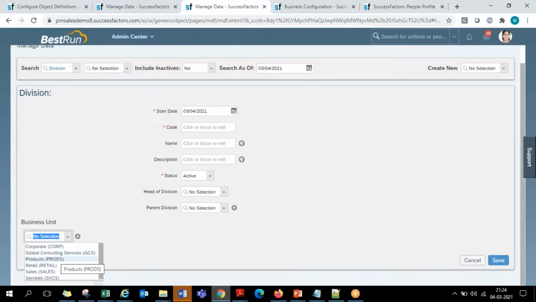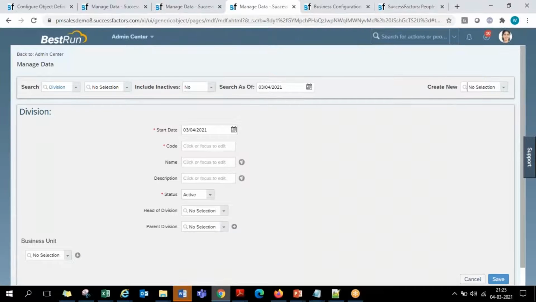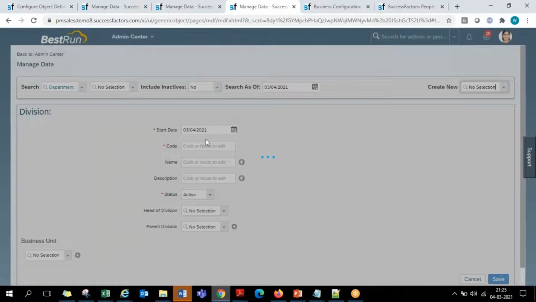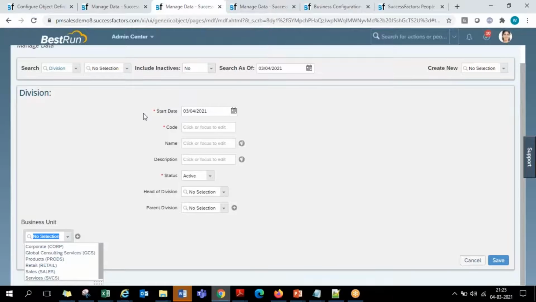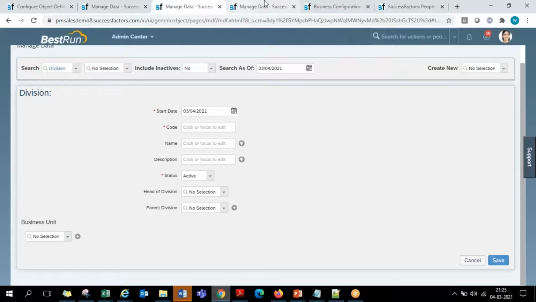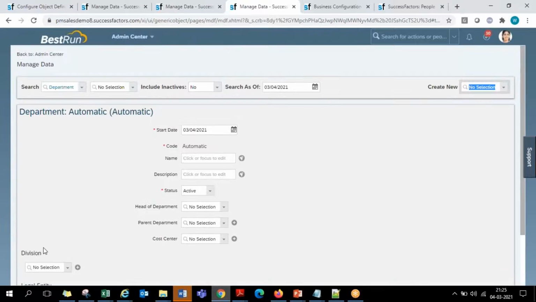Similarly, when I create a department, I'll open the department creation screen. If I want to create a new department, create new department, on the department screen its parent division is being asked. So when I'm creating a division, the parent business unit is required. When I'm creating a department, the parent division is required, like this.